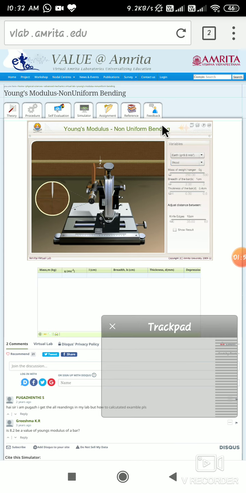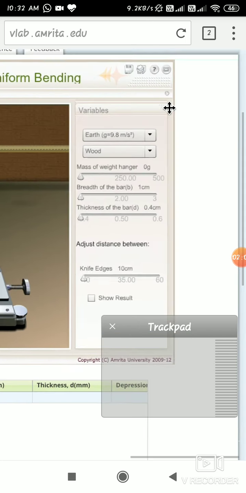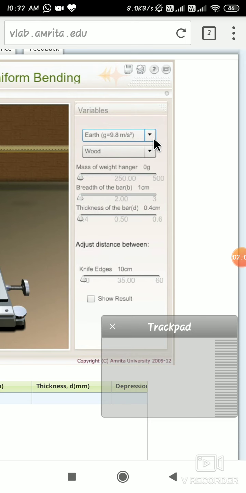So first we have to set up the initial values of the setup. So you have your g as 9.8. You take the material steel because we will determine the Young modulus of steel. Then you set the breadth of the bar as 2 cm.